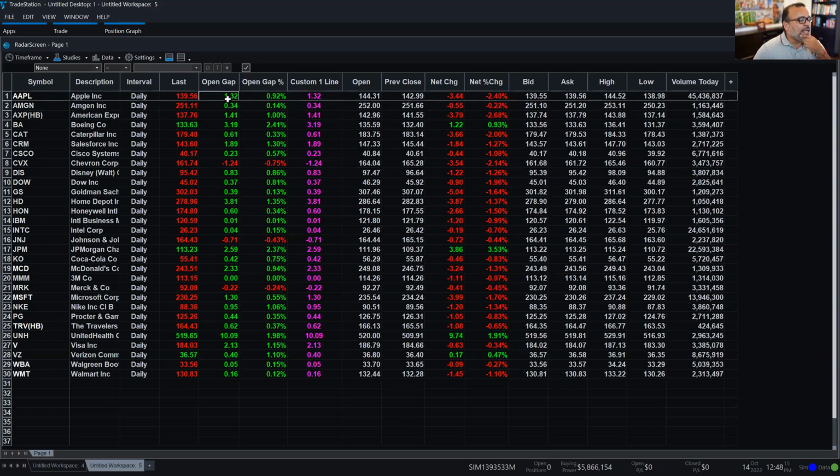You can see that the opening gap is $1.32. My custom one line is $1.32, which is exactly the difference between the opening price of today versus the previous close of the day yesterday. Not only do we see a net gap, we also see the percentage that that represents. Now, the interesting thing about this, let me go ahead and resize this,